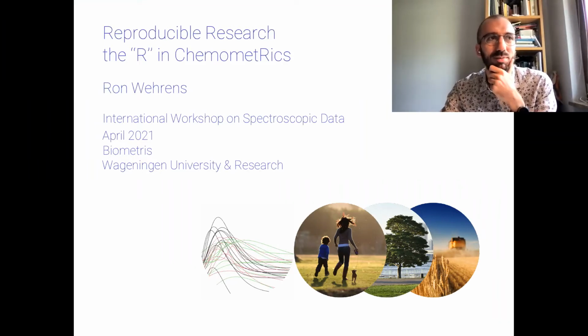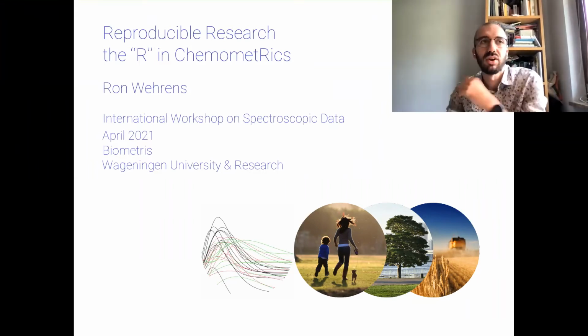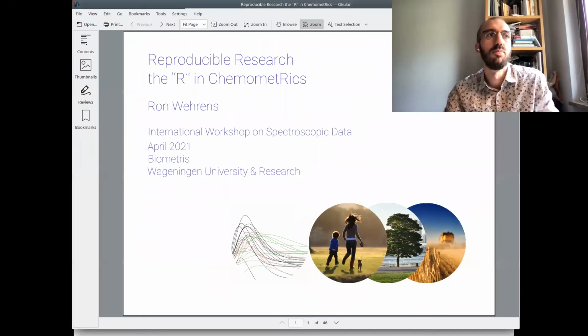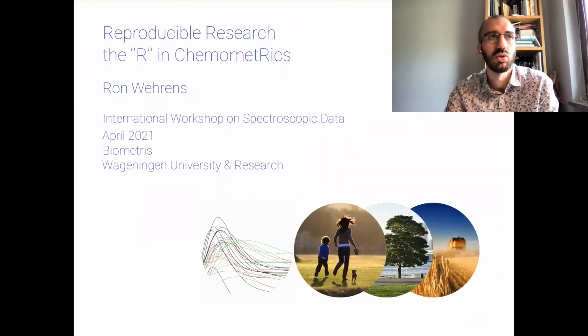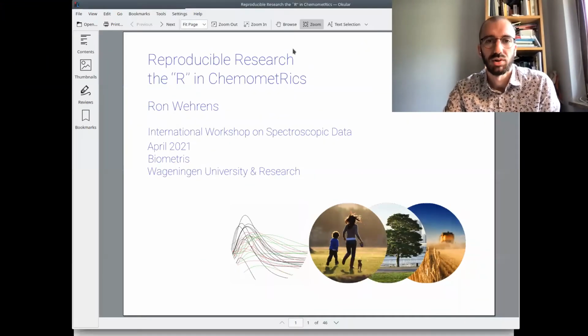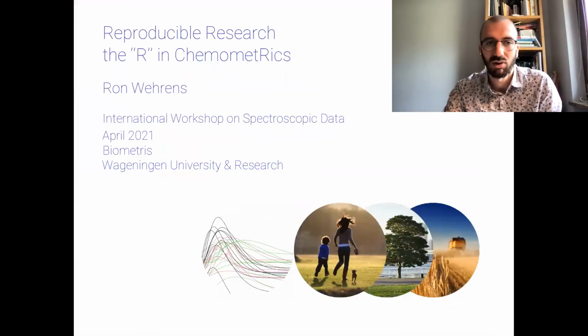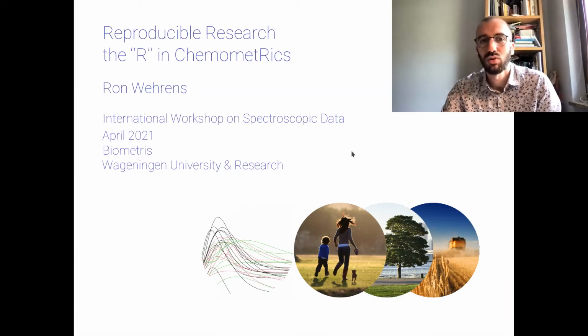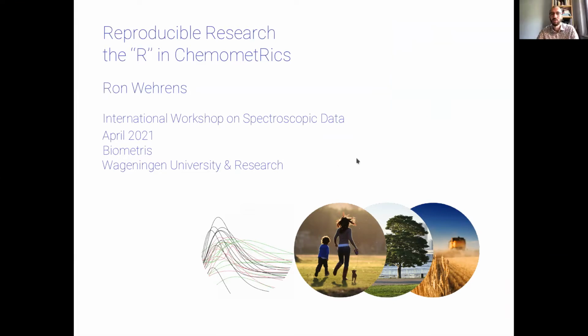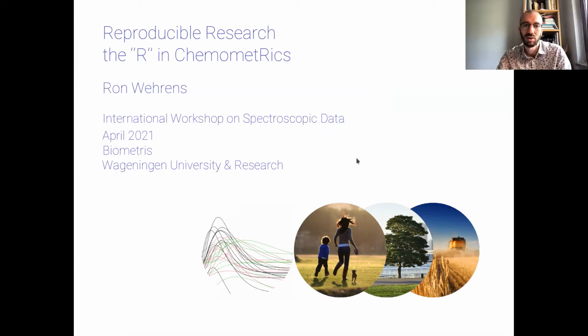And he currently is the business unit manager at Biometris, which is a large group at Wageningen University. This group is gathering different quantitative scientists, broadly speaking, working on development of mathematical tools for biological processes. So really, Ron is not working on a food-related application, I would say, or with spectral data, but on a way broader range of topics such as omics science, ecology, genetics, and so on. His research has focused on producing knowledge from the data in the natural science framework, but with a specific attention to reproducibility, code sharing, computational and data analytics details.